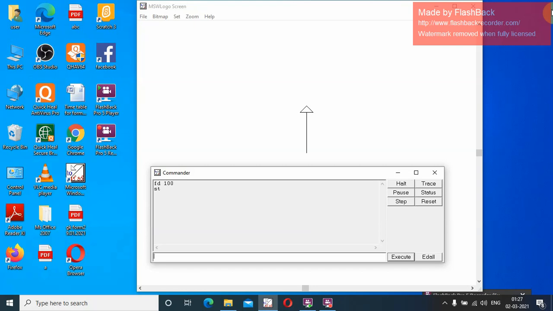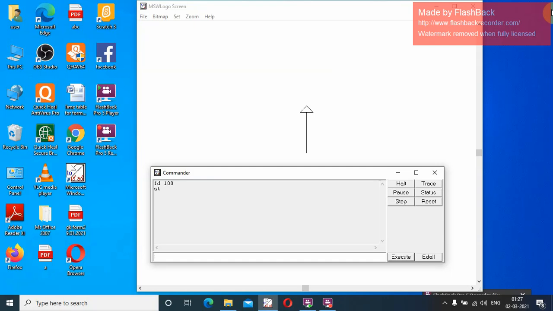Here Logo has given us the facility to make short forms, because sometimes while typing we make a spelling mistake, right? So instead of writing FORWARD, you can simply write FD, and very easily you can do it, right? So these are the different Logo commands, and using all these commands you have to draw the shapes.